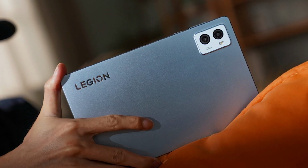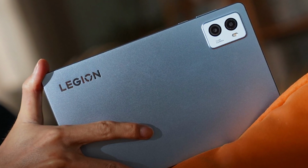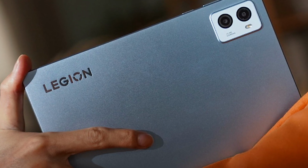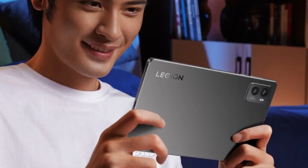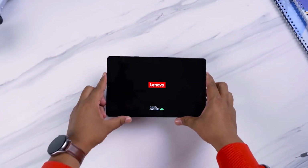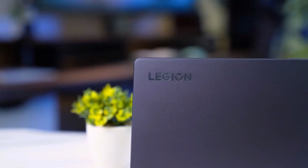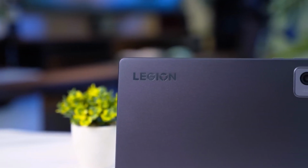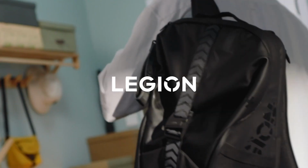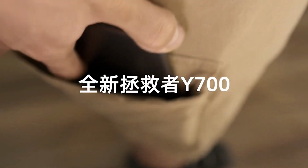Measuring 208.9 x 129.5 x 7.6 mm, 8.22 x 5.10 x 0.30 inches, and weighing a mere 350 g, 12.35 ounces, the Legion Y700 strikes the perfect balance between portability and performance. Its slim profile and lightweight construction make it easy to slip into a bag or carry around for gaming on the go. Whether you're commuting to work or lounging at home, the Legion Y700 is designed to be your trusted